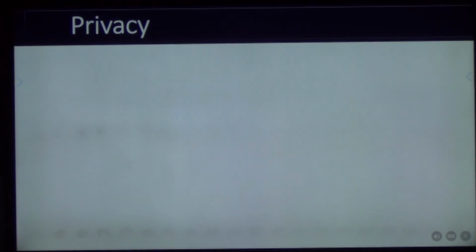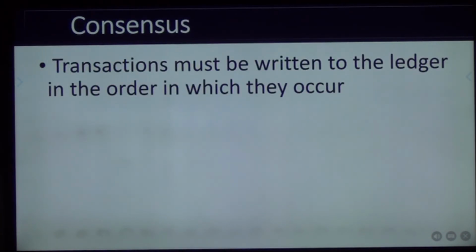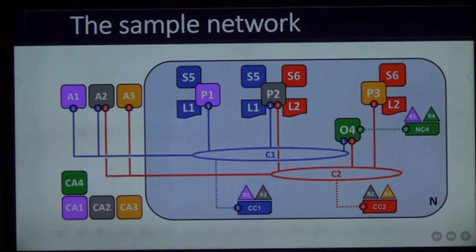Or it is to maintain privacy. It has the concept of channels so that other people must not figure out what is happening. And the consensus is different ways of making sure that transactions are written to the ledger in the order in which they are occurring, especially if the order is important, like somebody has changed the color to white then again red. अगर वो transaction उस order में नहीं आएंगी तो world state में state ही वो change हो जाएगी. ठीक है, so transaction has to happen on an asset if there is a change, so it has to come in the order. अब ये बड़ा एक खौफनाक सी तस्वीर है जो मैं आपको दिखाना चाह रहा था.